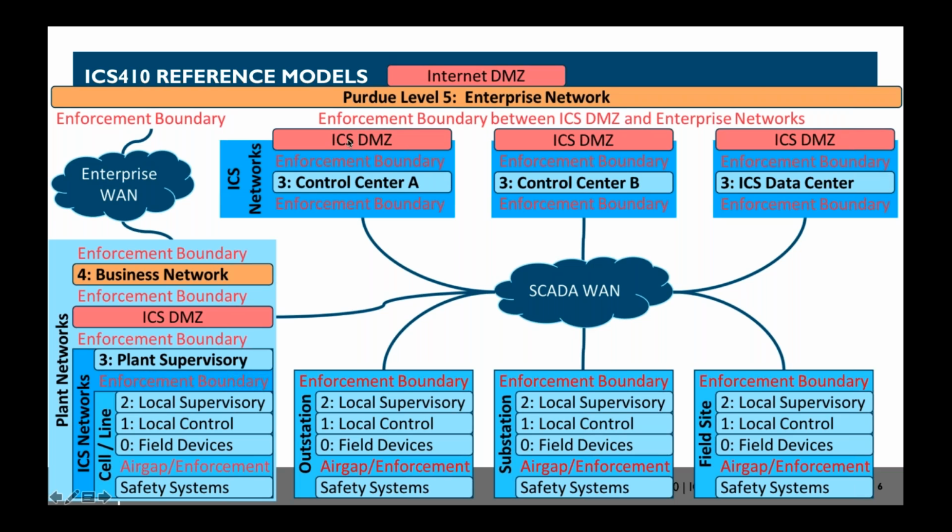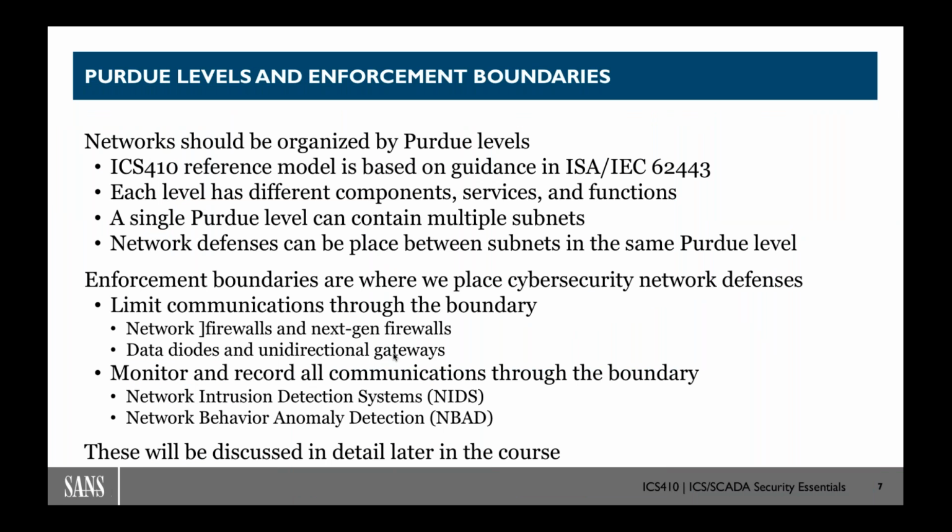Notice I have a lot of these different areas mentioning an enforcement boundary, and a lot of different enforcement boundaries here, right? These enforcement boundaries are going to be areas where we can place cybersecurity defenses that will either actively protect by trying to detect malicious traffic and block or limit that traffic, or monitor the traffic and create a record of it, allowing us not only to try to keep the attackers out, but to detect when the attacker has maybe compromised one of our boundaries or gotten into our